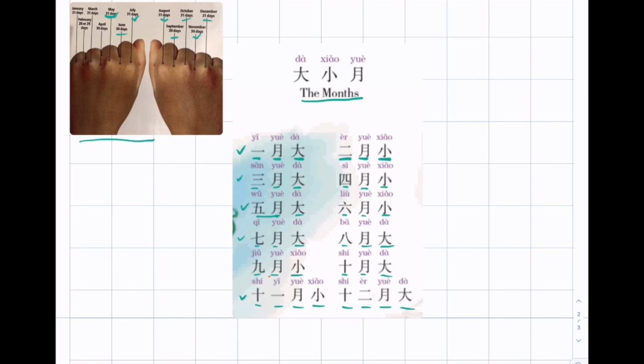Do you want to read together again? 一月大，二月小，三月大，四月小，五月大，六月小，七月大，八月大，九月小，十月大，十一月小，十二月大。